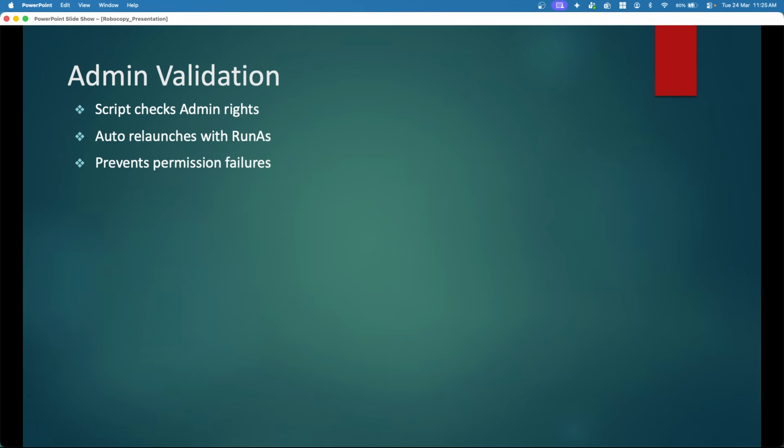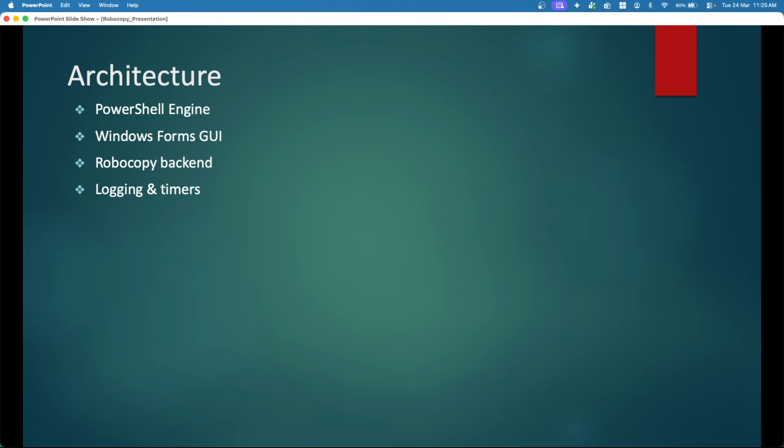First of all, before running this utility, we need to have admin privileges. The utility will first check whether you have admin permissions or not, and then it will launch with admin permissions to avoid permission failures. For the main architecture and backbone of this utility tool, I have completely used PowerShell scripting with a Windows Forms GUI application, and in the background I have used Robocopy with multiple options. I also added logging and timers: how much time it has taken, the starting time and ending time, everything is logged in the